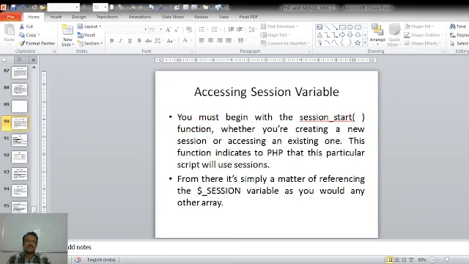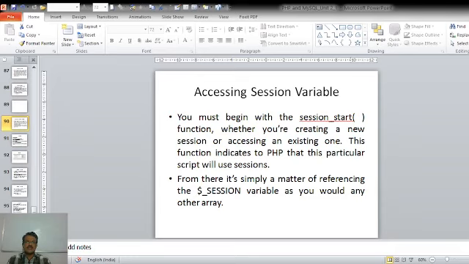So we must begin with the session_start function, whether we are creating a new session or accessing the existing one. This function indicates to PHP that the particular script will use the session.